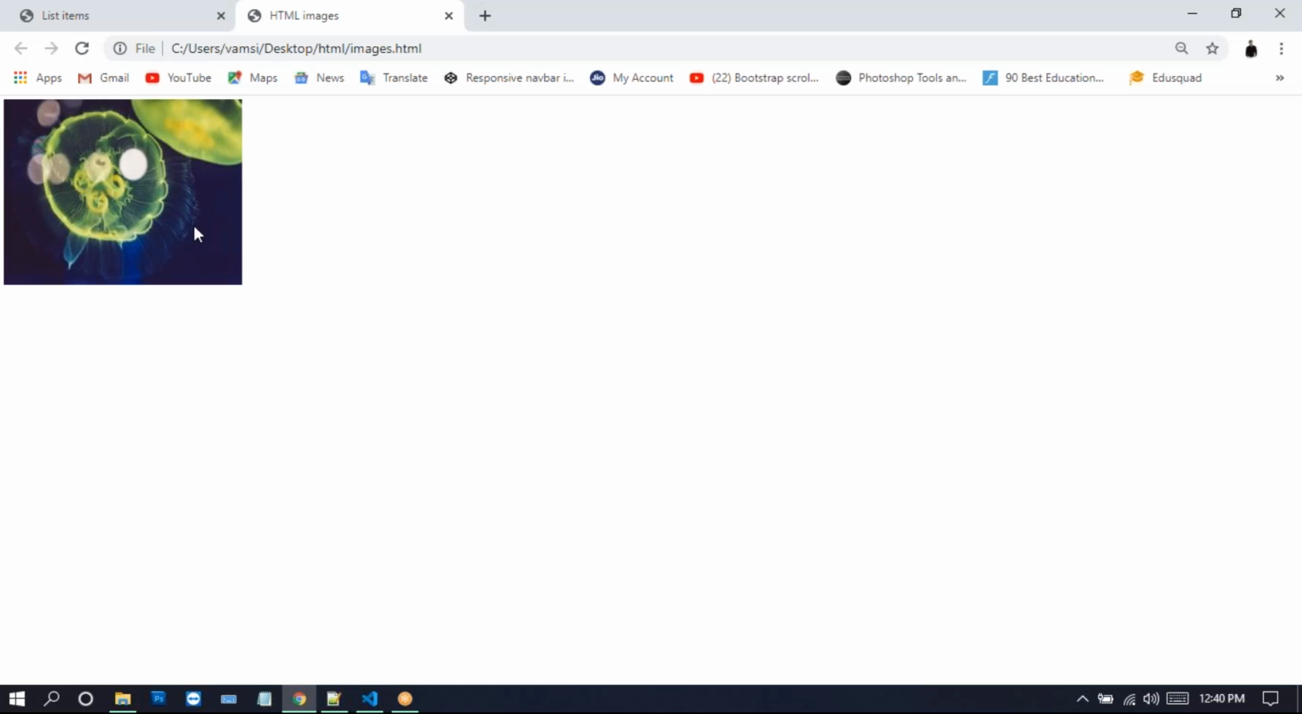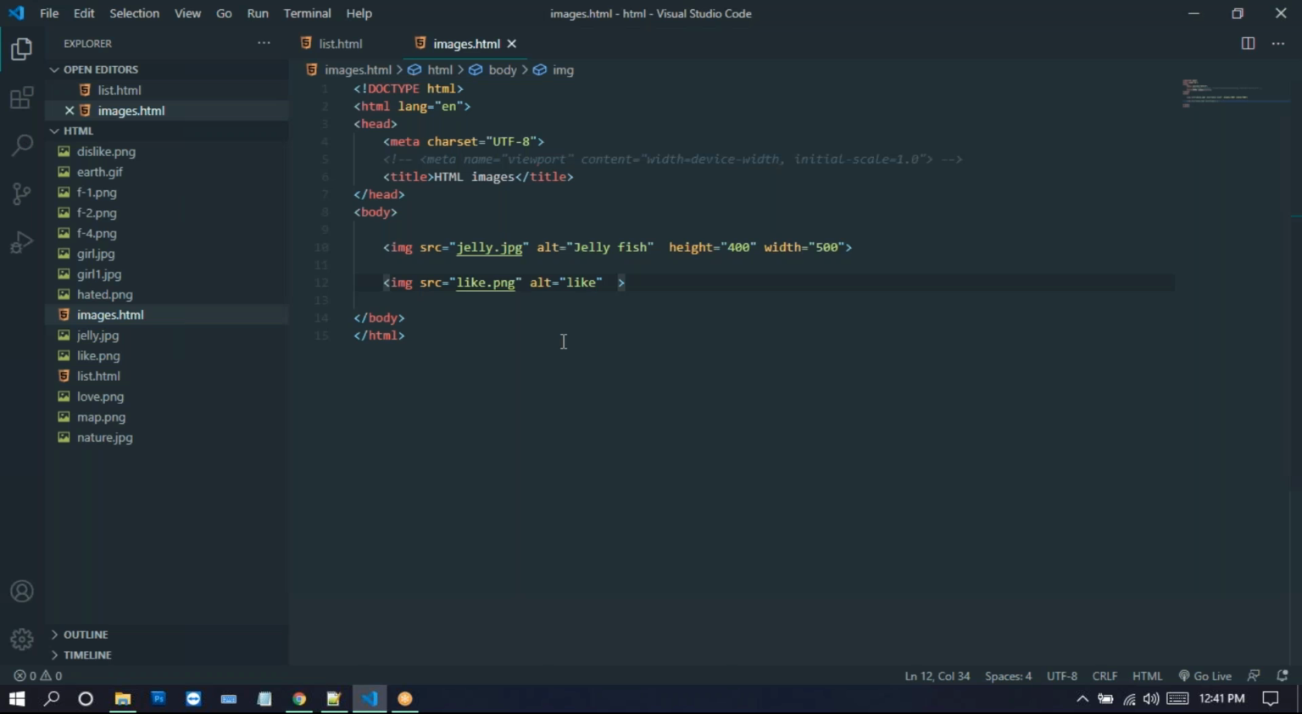Now you can run this one on the browser. Look at this one. If you run this one on the browser, there you get the icon here. If you want to increase this size, we can give the